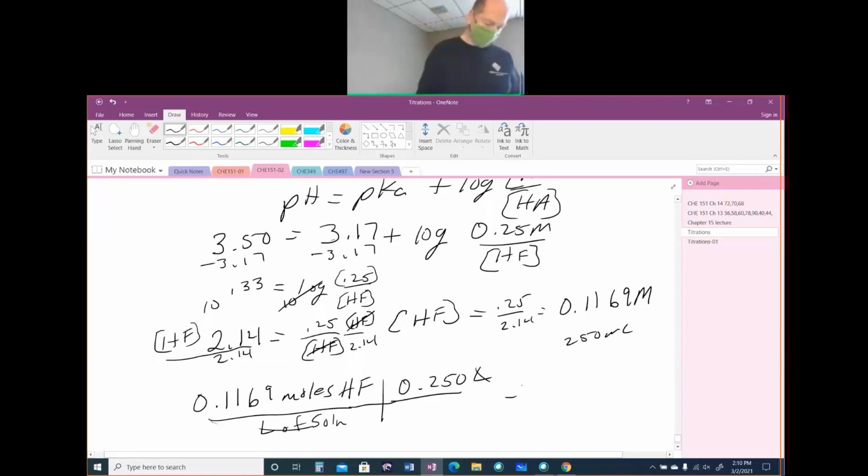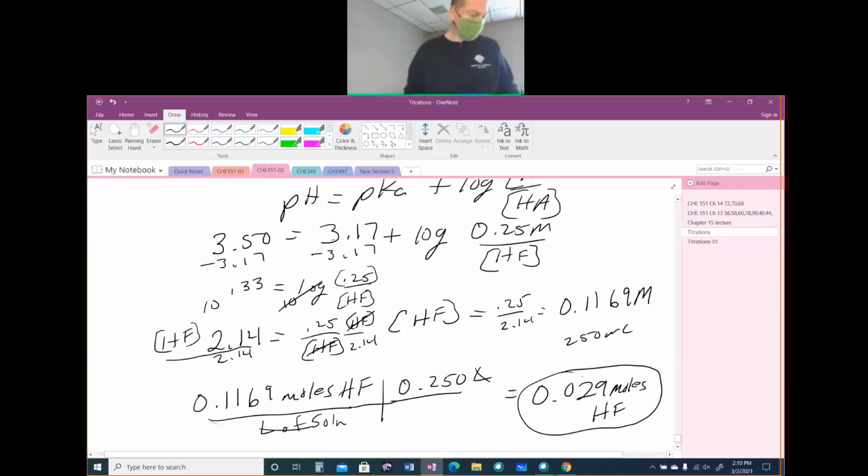And so we have to multiply this by 0.25, and the answer to how many sig figs are they given? 2 sig figs, 0.029 moles. All right, so if we have that and we then divide that by 0.25,